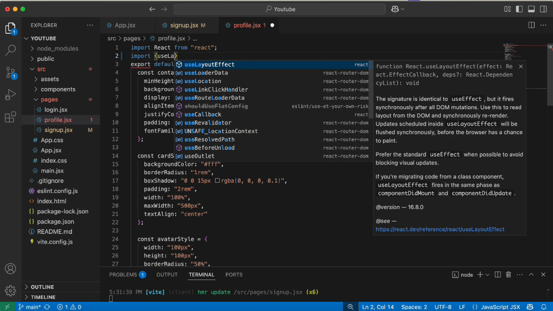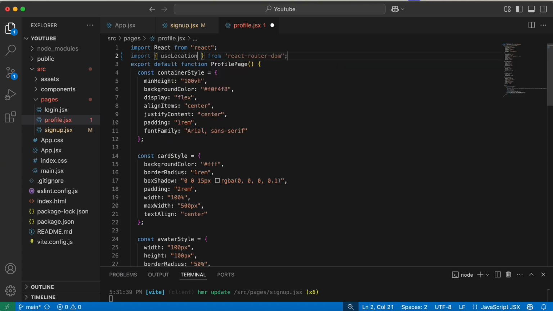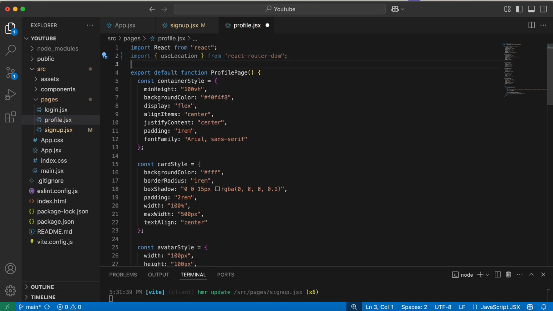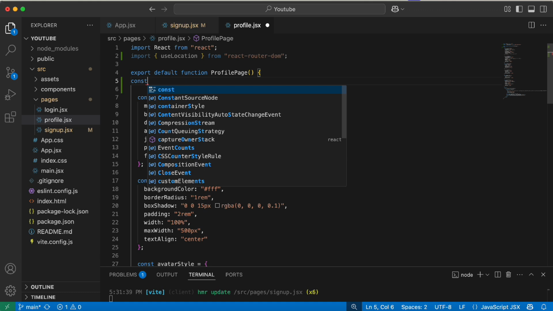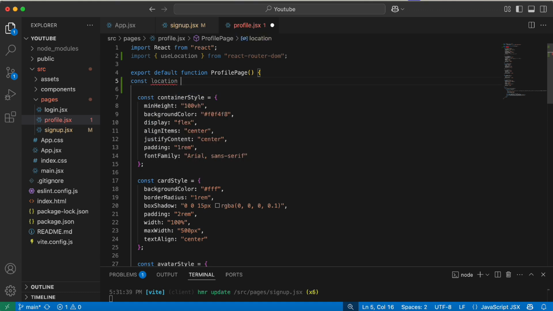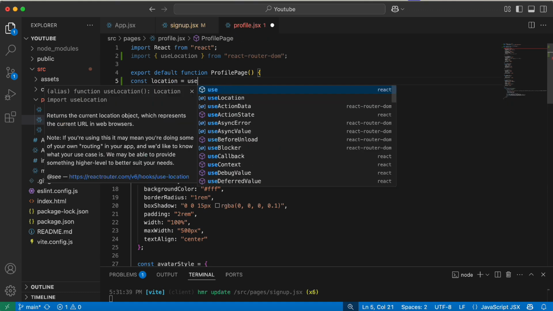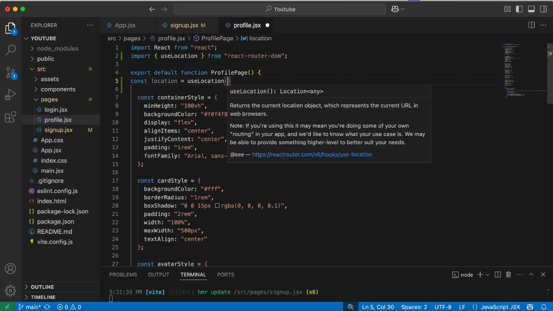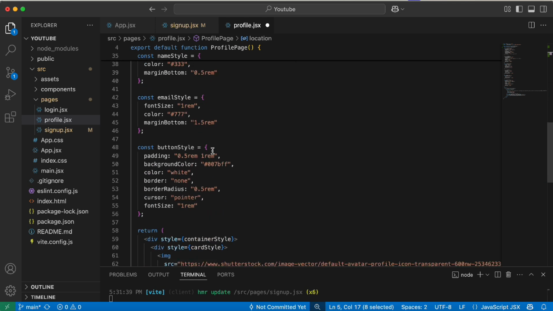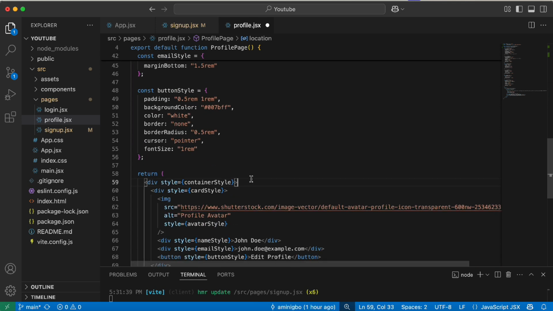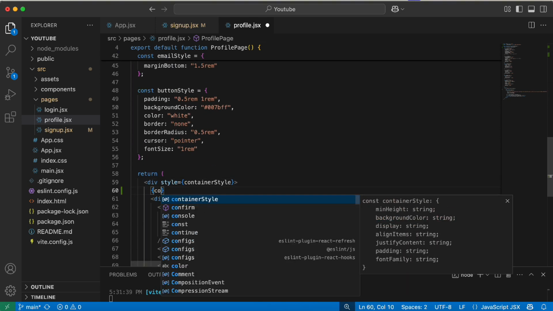We import useLocation from React Router DOM, and we're going to initialize it. We're going to say const location equals useLocation. Whatever data we are passing to our new page will be held in this useLocation. And how do we make sure that is correct? Let's log out what we have in our location, so we say console.log